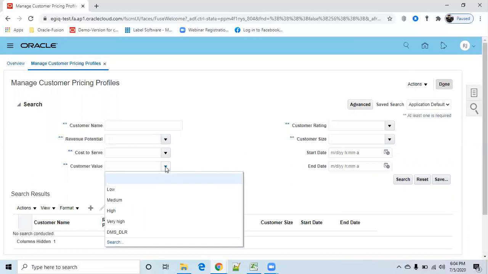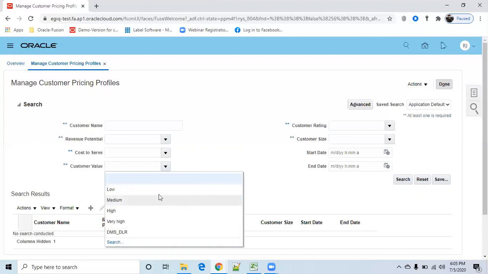So these five parameters are required to decide what price the company will collect from the customer, what price they want to sell at. These are seeded by Oracle: revenue potential, cost to serve, customer value, and customer rating and size.